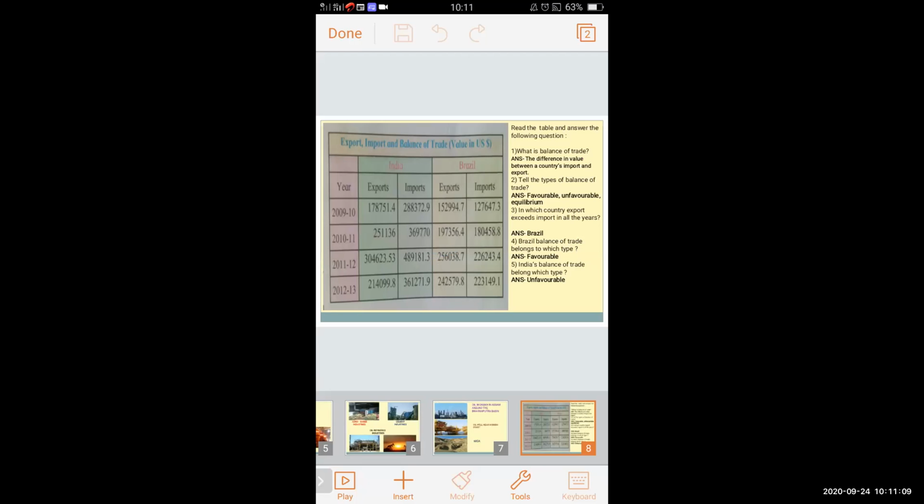Various types of technology and new machinery are used in India. Lack of knowledge related to minerals is there in India. Due to the development of industries, there is import and export of trade, export of goods and import of goods, in both countries, India and Brazil. So now we will study the import, export and balance of trade of India and Brazil.